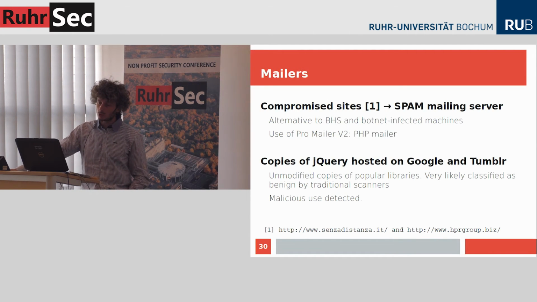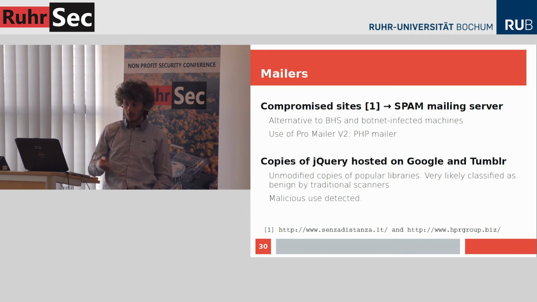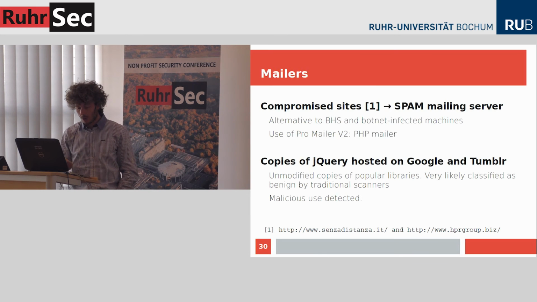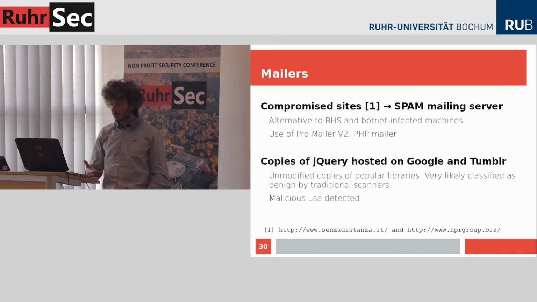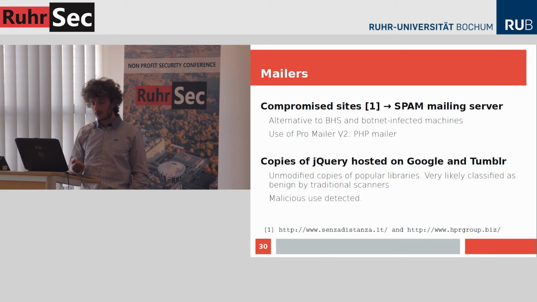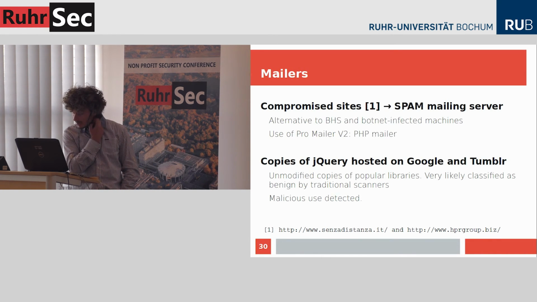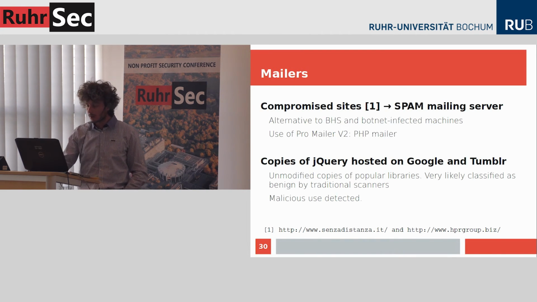But it's also very common to use compromised websites. So we found a lot of compromised websites installed with ProMailer version 2, which we found to be a PHP mailer written in Russia and commonly sold on Russian underground forums. And this tool uses copies of jQuery, which was hosted on Google and Tumblr,